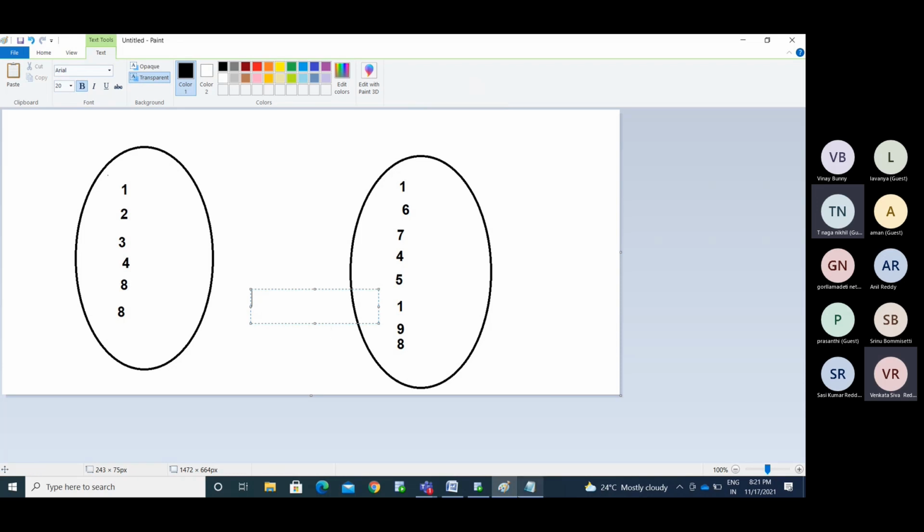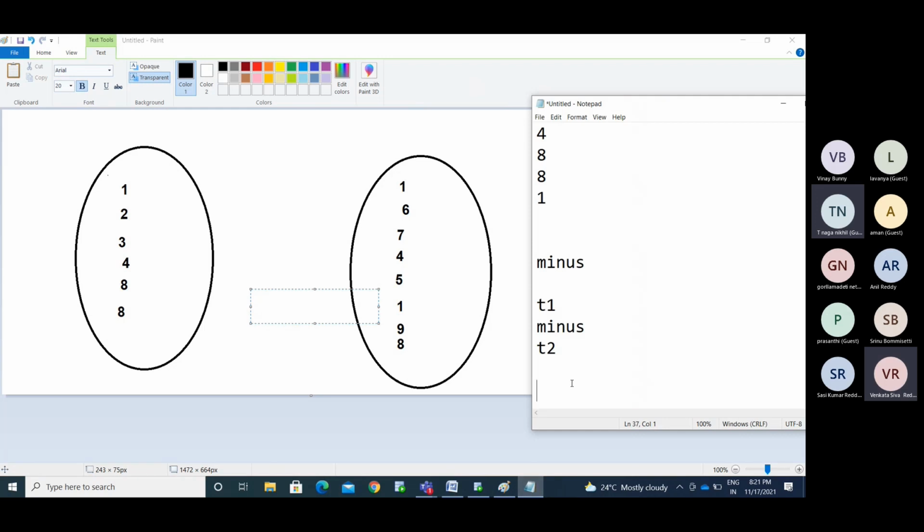Now I will get the output like this. 1 is already present, it ignores that. 6 is not present. The other values not present in this list, I can ignore. I don't bother about set 2. So I will compare set 2 results with set 1, eliminate the common records from set 1 and display the remaining records from set 1.